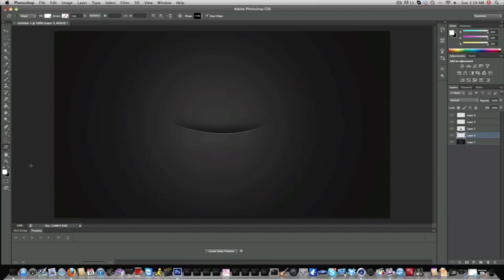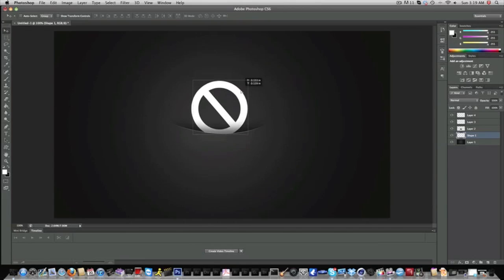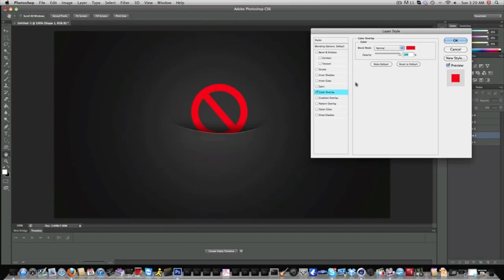I'll go to my custom shape tool. Make a stop sign. I don't know. Just something cool like that. And basically, what it does is it gives the effect that it is inside of the pocket. Now, as you guys can see, it's not the greatest effect. But you can definitely get some really cool effects out of it. But if I was me, I would definitely make a bunch of pockets. So that's the only reason I say it's not the best effect. But yeah, it's really cool effect